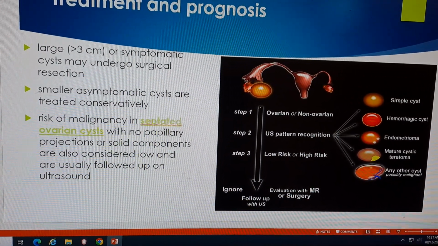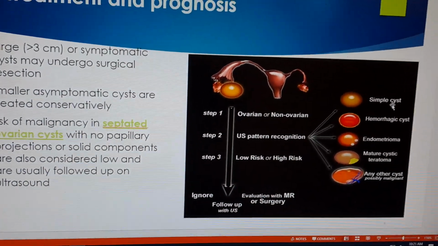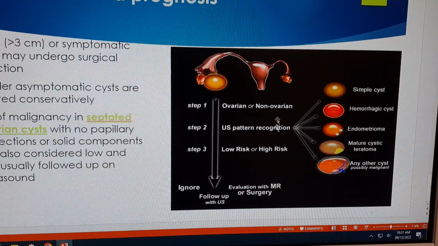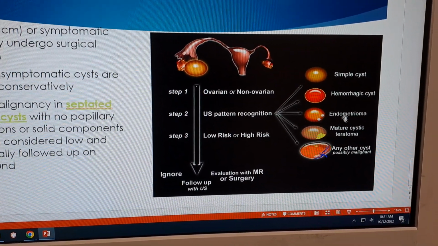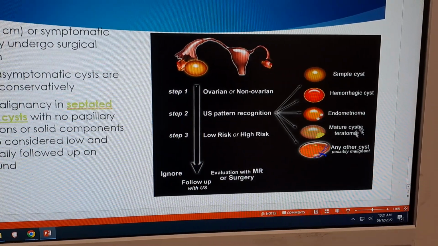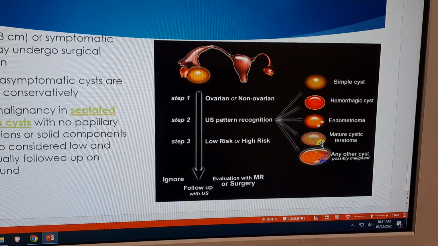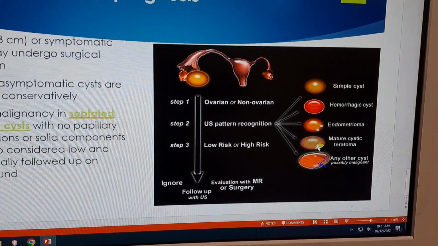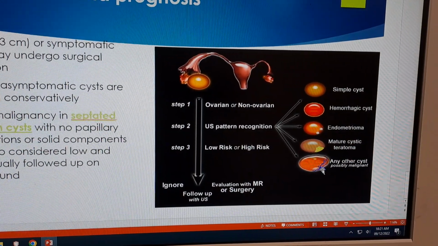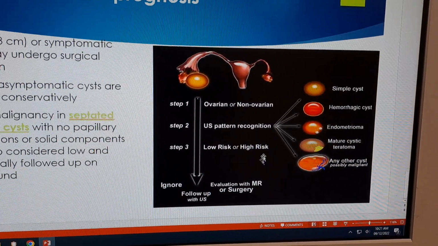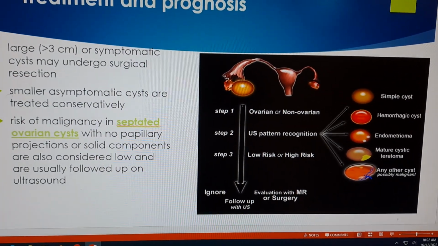Then you have to note the changes in the cyst. The simple cyst has a simple thin wall, this is a very famous picture. This is the hemorrhagic cyst, which has some internal echoes and a thick wall. Endometrioma has some masses in it, and mature teratoma has a protruding mass, which is also related to the Doppler. And some malignancies are highly vascular, which we will discuss later in a different slide, inshallah, in detail.